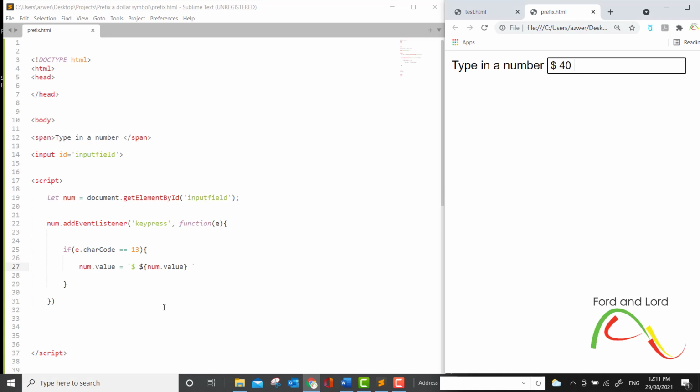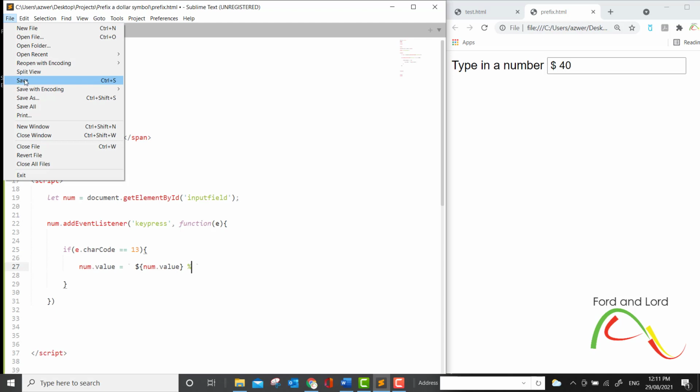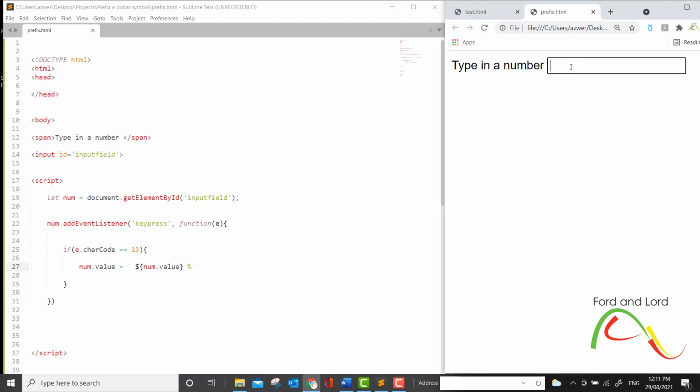I can also use a symbol as a suffix, for example. I will remove this and say, for example, I want to type in a percentage symbol, so whatever number has been typed in is actually a percentage. If I say 20, I have this percentage symbol visible as a suffix after this number.